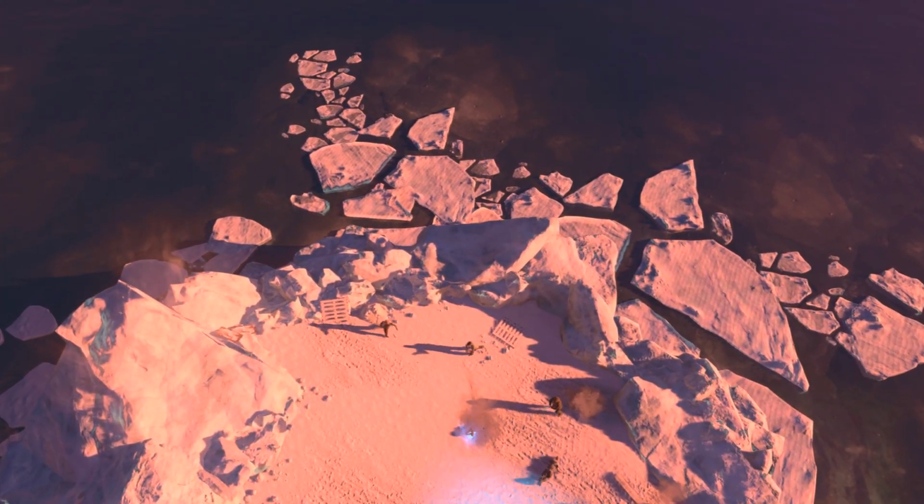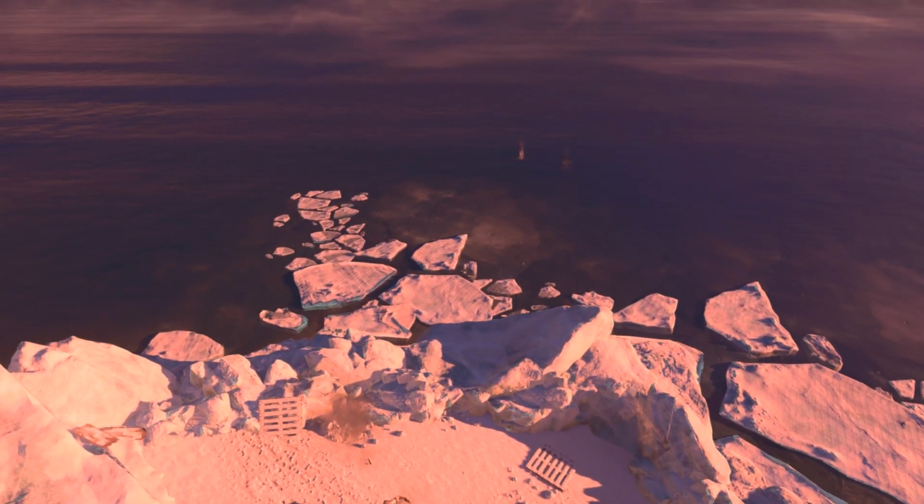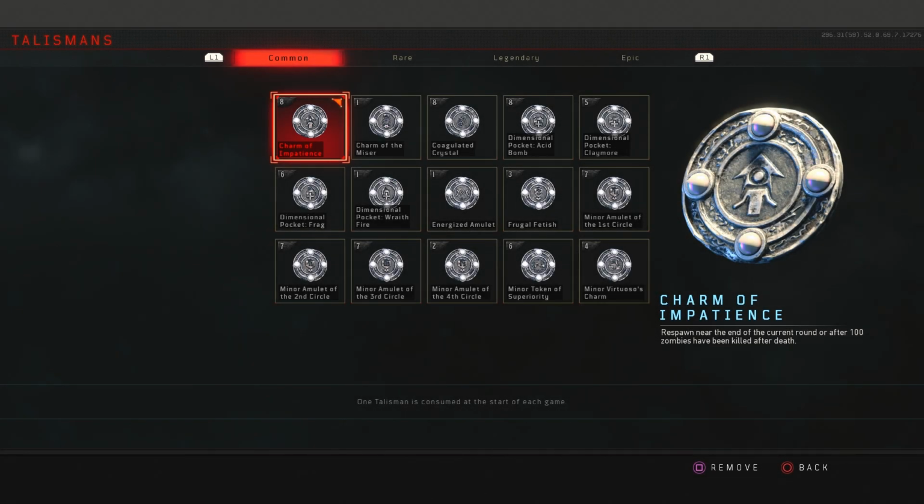Today I'm going to be showing you another God mode method on the map, Tag der Toten. What makes this glitch really awesome as well is the God mode glitch that is available to use where the zombies are attracted to the player. You can also use your specialist with this one, but unfortunately I believe only a few people in the team